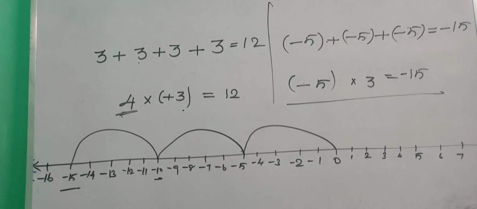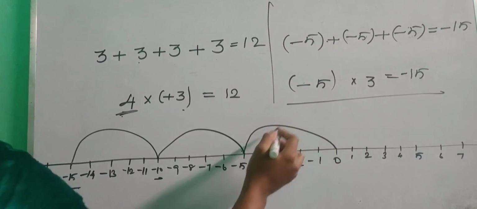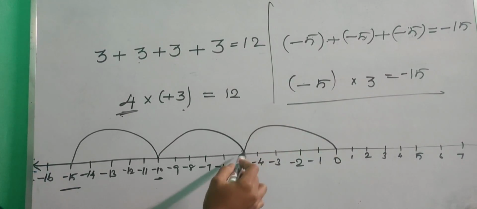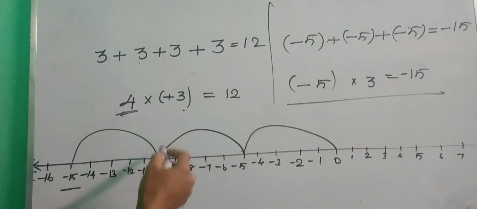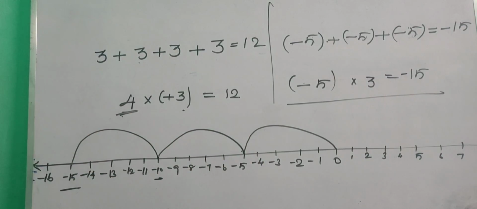Okay, children, can you all understand? That is 5 into 3. 3 times I had given 5, so that I just moved minus 5 and again minus 5. So 5 3s are 15, that is minus 15. So very easy, right? So likewise we can do multiplication of integers by using the number line also.